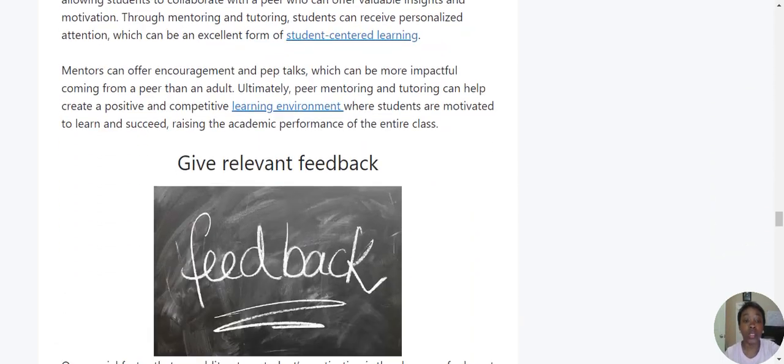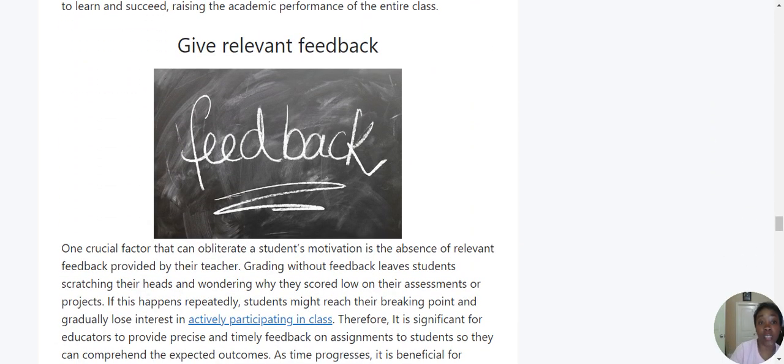And feedback, like as far as the actual work, give relevant feedback. Especially again at the high school level. I know it's different at elementary, but high school where they're like big classes, which I have been teaching lately, it is really easy to get behind on giving feedback or helping them. But what ends up happening is if you're a hard grader or you're not giving them the grade they probably want, if you don't tell them what it is that they've done to make that mistake, they're going to keep making it. And the more that they keep making it and not getting the grade that they want, and they're not getting feedback from you, the more that they're going to go into that shutdown mode. And they're going to lose motivation.